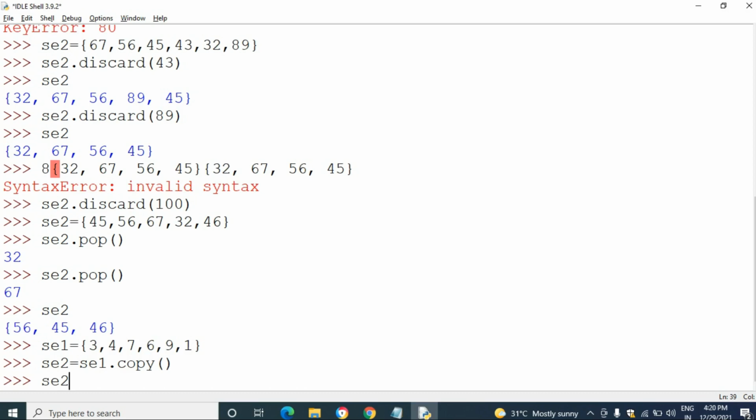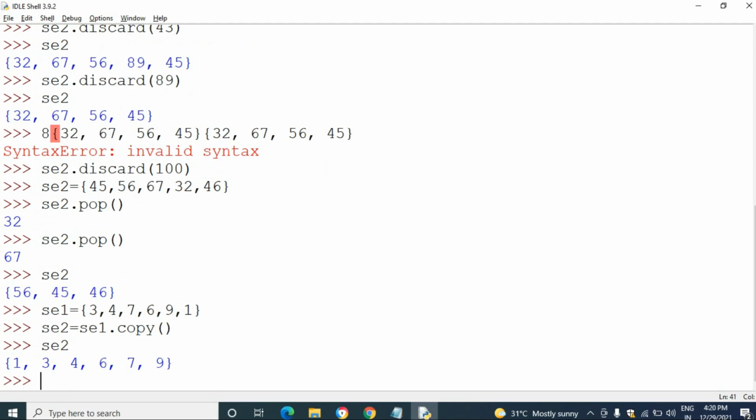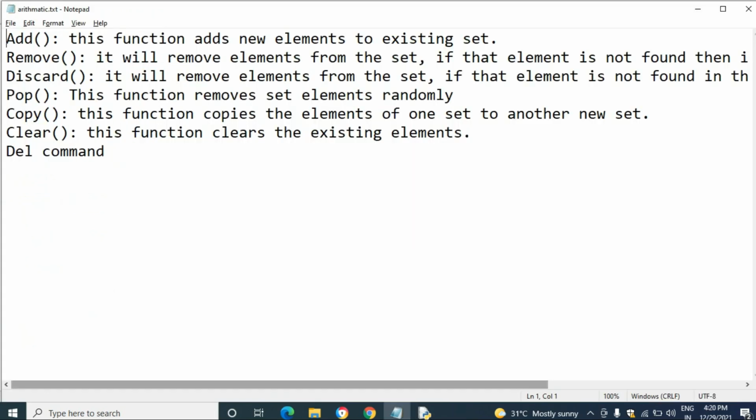All the set1 elements will be copied into set2. See, set2 also contains the same elements as set1.